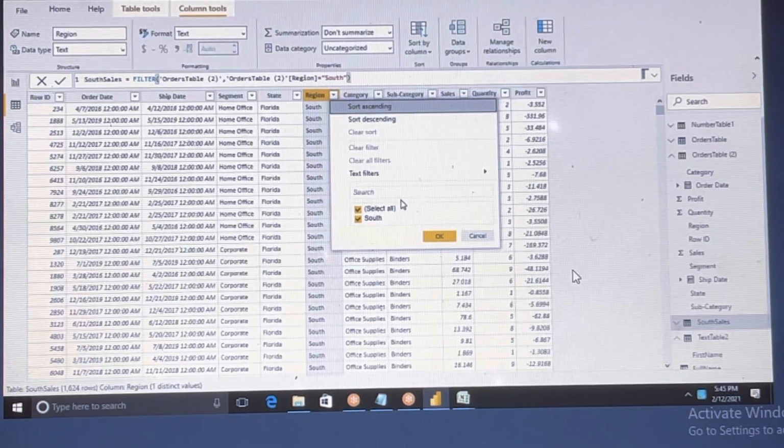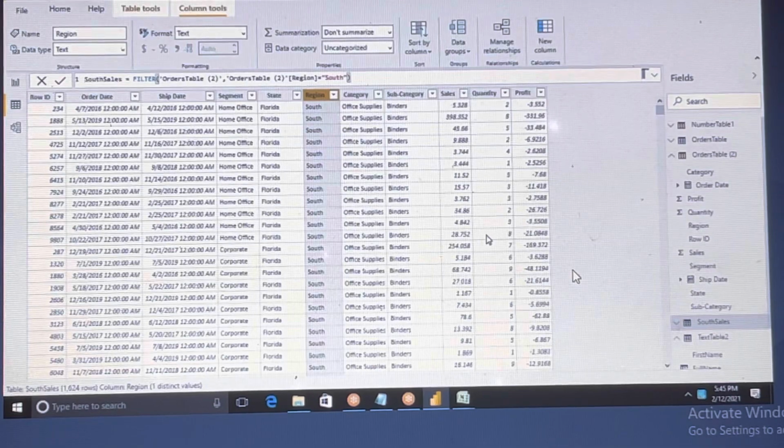You don't see any other things. Like this way you can create a separate table. Just assume that we are getting the data from 99 plus data sources, and on top of that you want to filter the data. In that scenario, this filter function will be really helpful. Right, this is how you can use the filter.